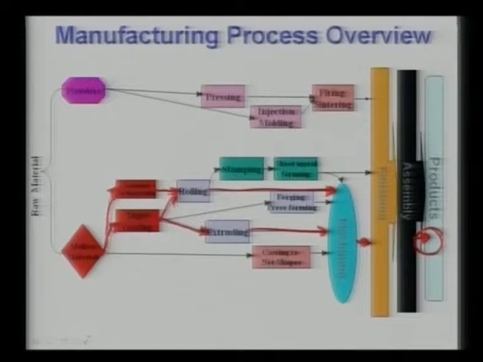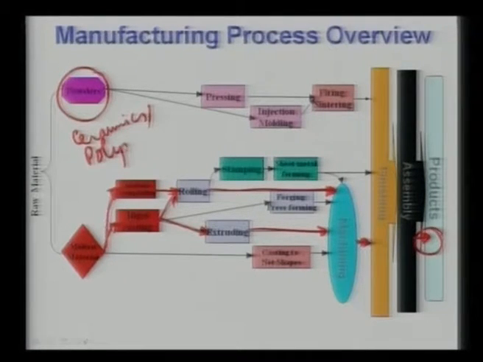Now the other way is powders. Powders are typically used for ceramics or polymer based materials, so these powder based manufacturing routes are essentially applicable for ceramics and polymer based materials. You start with fine powders, then you press them into a particular shape which is called a green body. This green body you can subsequently fire or sinter to make a particular product.